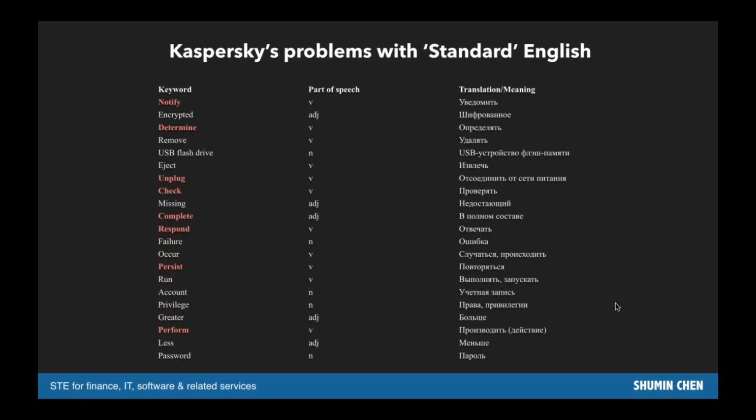So most of our colleagues at Kaspersky are native Russian language speakers, so they've decided to come up with this list of terms for their terminology database, knowing that, okay, these are the words that we agree to use and start using right now for our technical documentation, and then what are the corresponding translations in Russian. So we had a look at this list. We didn't raise that many red flags, with the exception of a few words here that you see in red. So why did we do that?